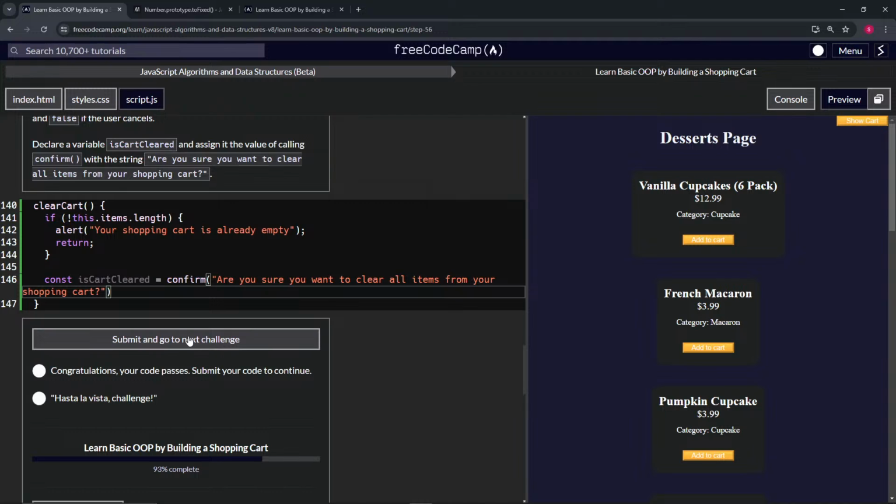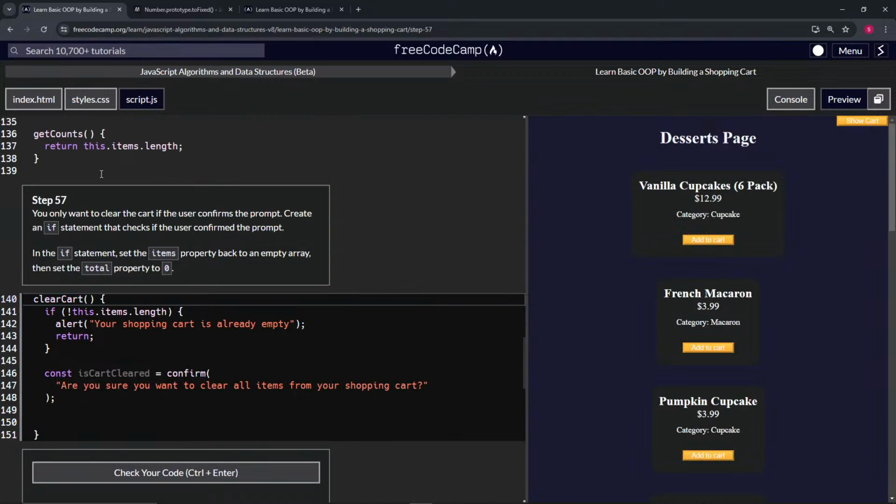Check the code, looks good, and submit it. All right, 4 left. So we only want to clear the cart if the user confirms the prompt. We're going to create an if statement that checks if the user confirmed the prompt. Okay. So if is cart cleared,